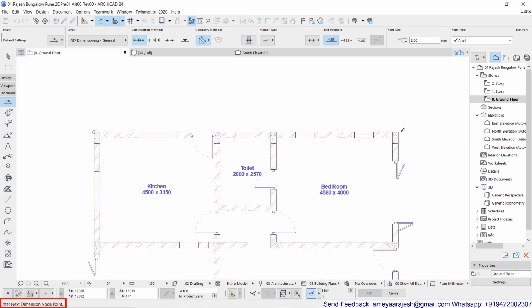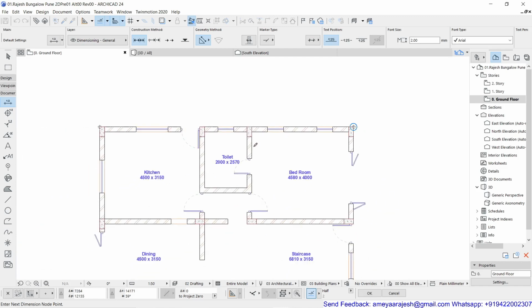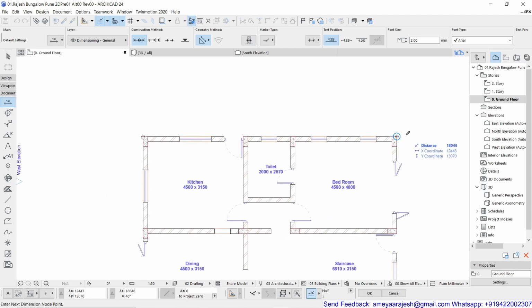I'm going to click on the end of this floor plan width. Again, remember when you highlight, instead of the check mark, now I'm getting a filled black pencil. So I'm going to click on this point also. So altogether, there are a minimum of 2 nodes you have to highlight, because a dimension cannot be placed with one node.